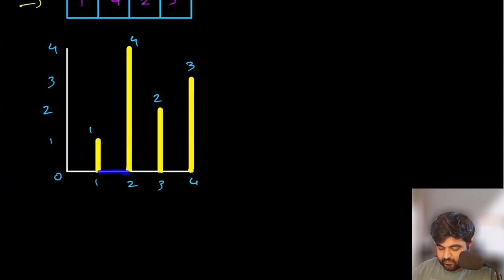Now we are already told that this is one edge of a bucket, so there is no way that water is going to leak from here. There is no way that water is going to leak from all of these places as well. And we can only fill water up until the point where the smaller edge is located, not the higher edge. Same way, if we want to consider a bucket between value number 1 and 3, the biggest bucket we can make is going to be of this size. And this is a way for us to store water in our container. So basically this becomes our container.